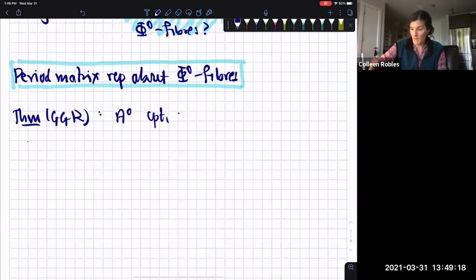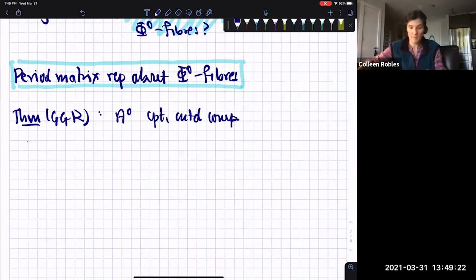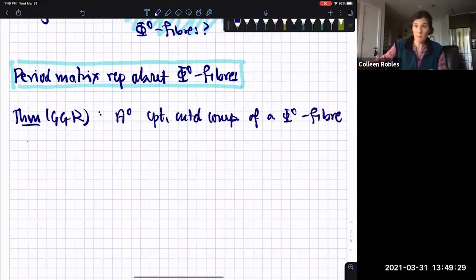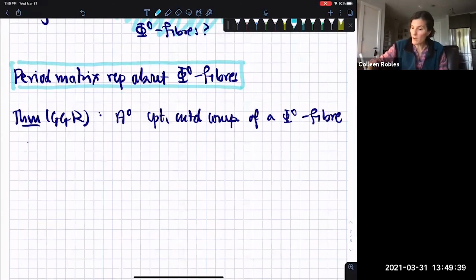So it's a compact connected component of a phi naught fiber. So this is the period map of pure polarized Hodge structures along the strata. And for convenience, I'm going to assume that this is irreducible. Okay. This is just so that I can make some statements in the talk a little more cleanly, but is